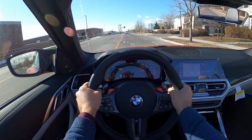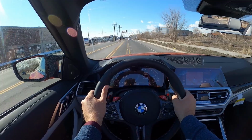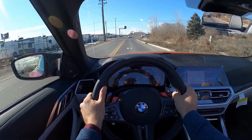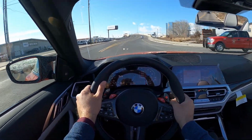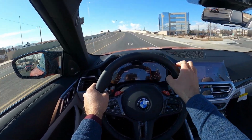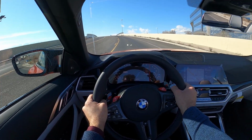And yeah, steering is pretty precise. Get into it a little bit and it's got solid torque. Yeah, this thing's pretty fun. We'll see what the suspension does over this quickly. Wait, is that a...